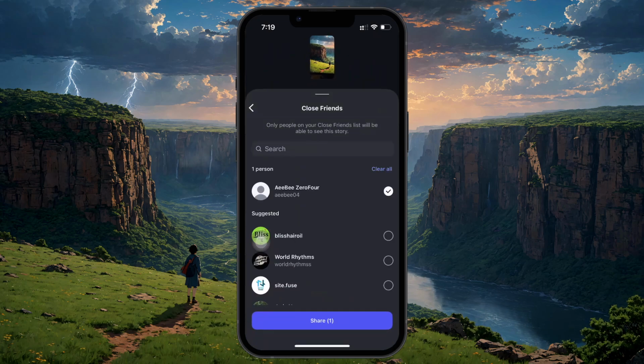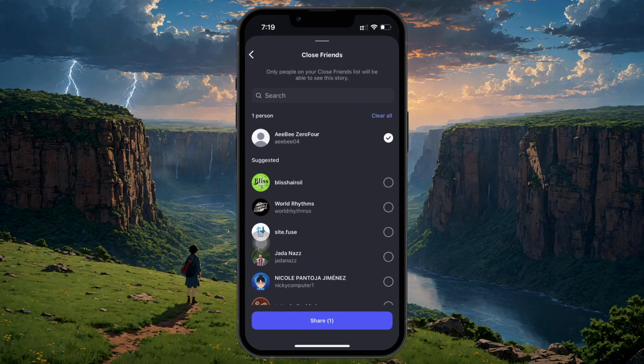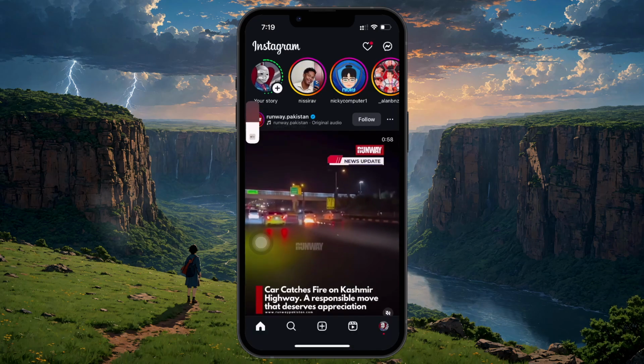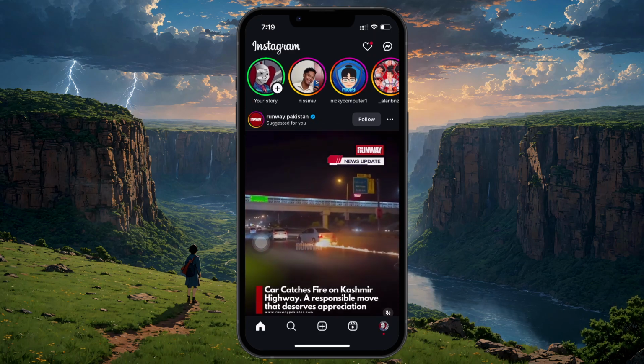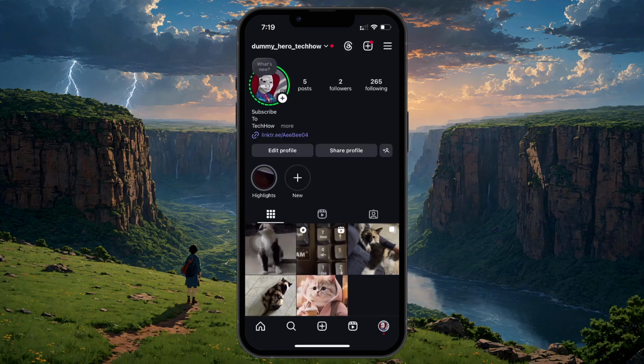Before sharing, go to the Close Friends list and make sure it has only one person, ideally someone who will never view the story. Instagram requires at least one person in the Close Friends list, so you can pick a random or inactive account. Once shared to Close Friends, go back to your profile and tap the plus icon under